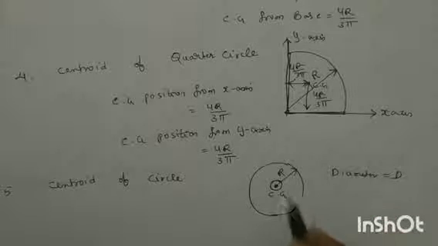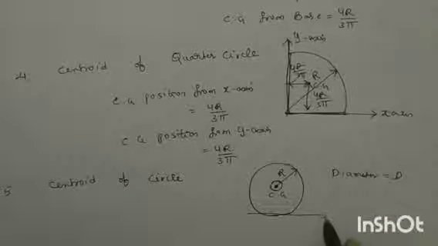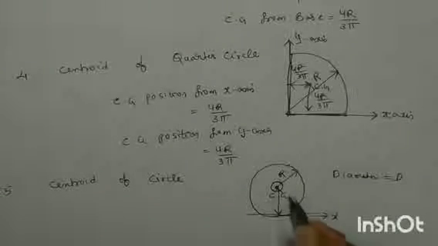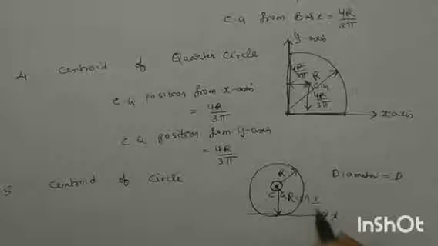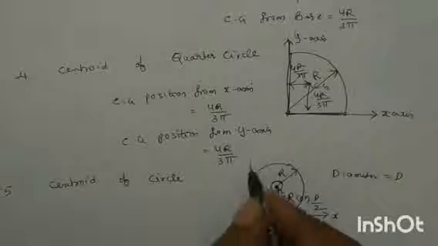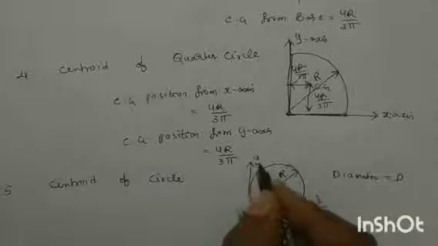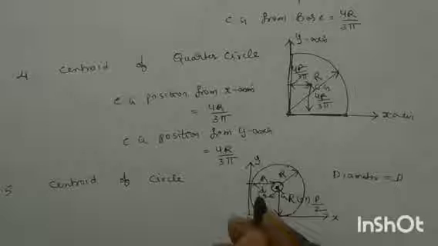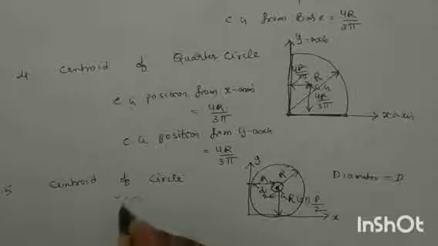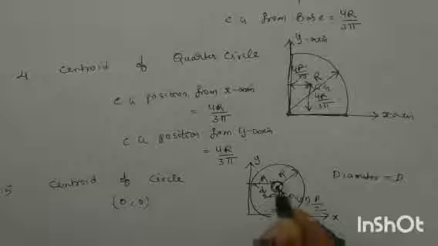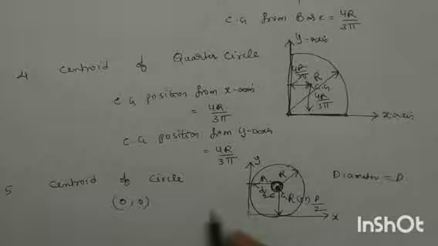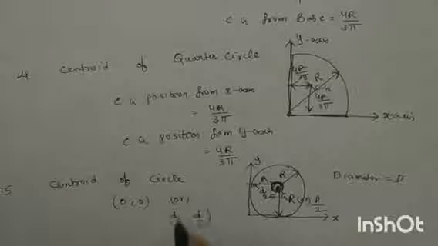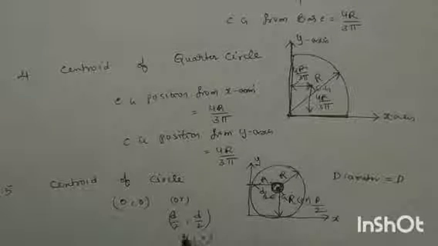Okay, now suppose if you consider this is the x-axis, now what is the distance here, and this is the radius distance, otherwise you can also take the diameter by 2. Okay, suppose if you can take, this is the y-axis and distance is r, otherwise d by 2. So the circle centroid positions are 0, 0, those are the circle center positions, otherwise that is d by 2 or the radius.